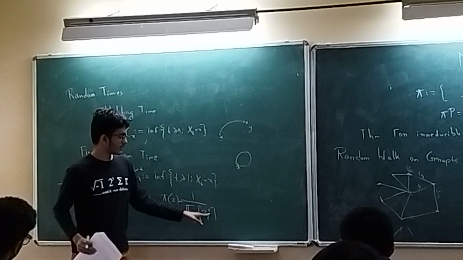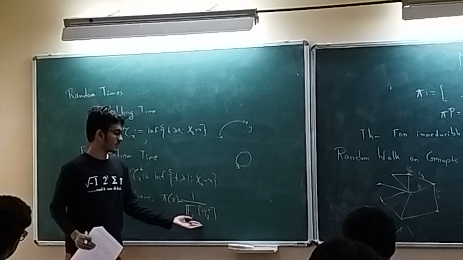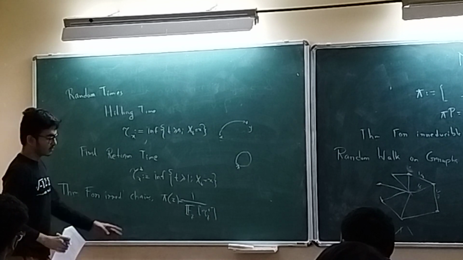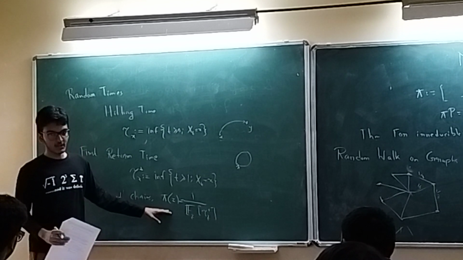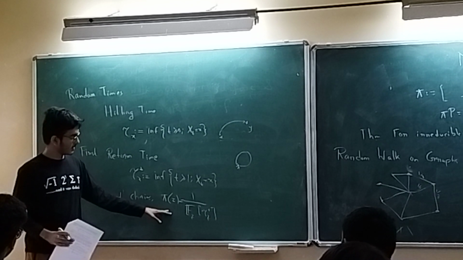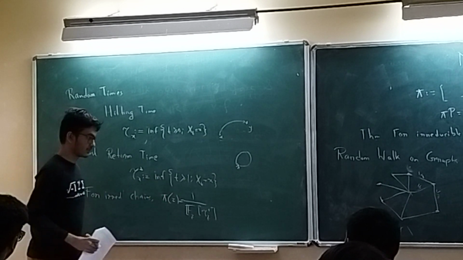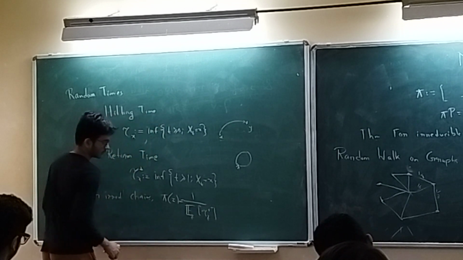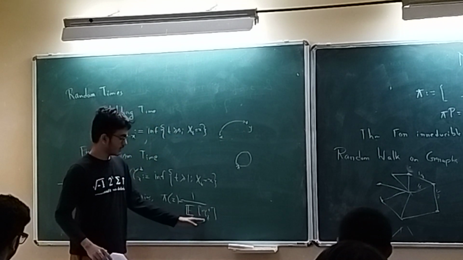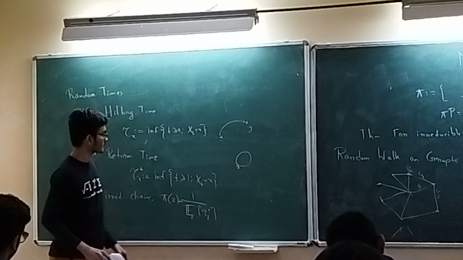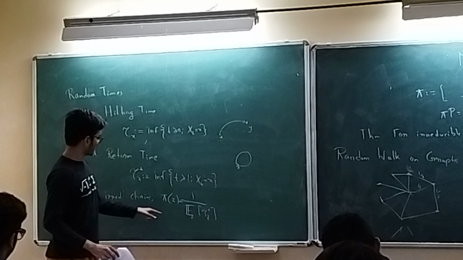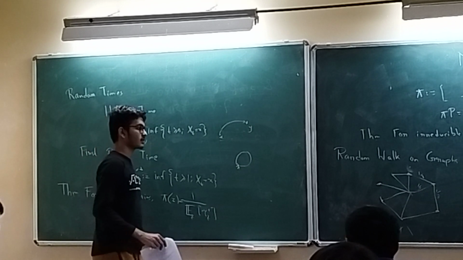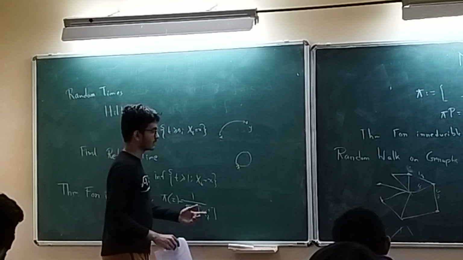Because if I just had tau z here, then it would make no sense because it would be just 0. And I'm not going to prove this, but this result is quite intuitive, and I'll try to explain that. This is the expected time of tau z plus, provided it starts from z. I will not prove this again. I'll just give an indication of it.